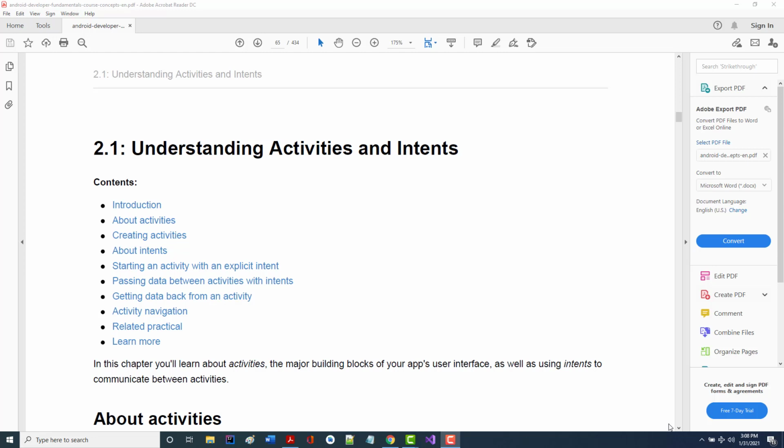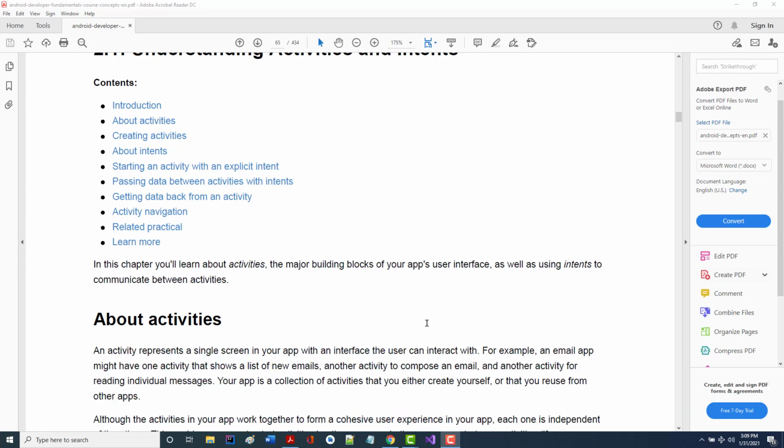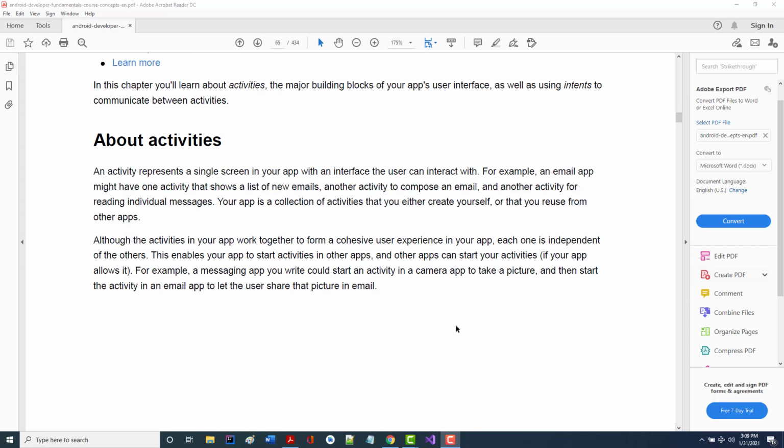All right, so in the chapter we talk about activities. You can look at an activity as being basically a screen. All right, and intents are the ways that we move from screen to screen or activity to activity, whatever way you want to talk about it. So as said here, an activity represents a single screen in the app with an interface the user can interact